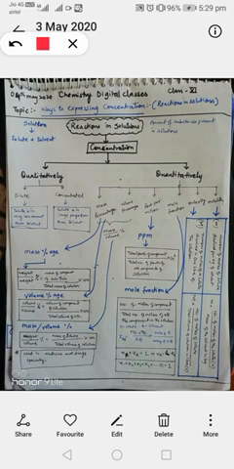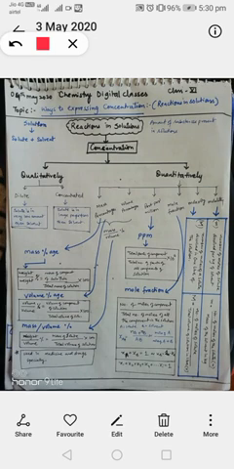Every solution is one in which two or more substances are combined, where one component is in larger quantity and the second component is always in smaller quantity. The component in smaller amount is called the solute, and the component in larger amount is called the solvent. So reaction in solution means the amounts of substances present in a solution. Okay, so reaction in solution can also be termed as concentration.